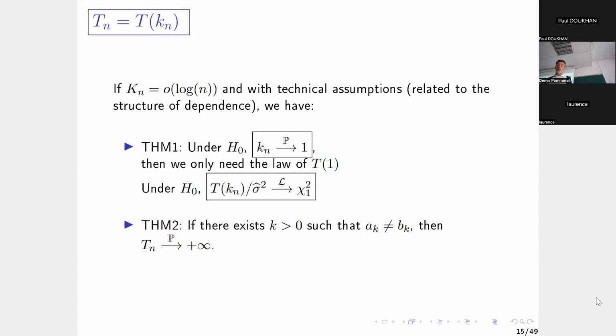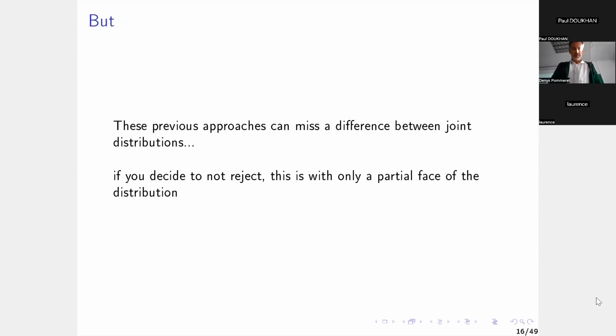So that was for two processes, and now the idea is to extend this result. First, excuse me, this is for two processes, but just to compare the marginal distributions, the density of X and the density of Y. Now, what we want to do is to detect